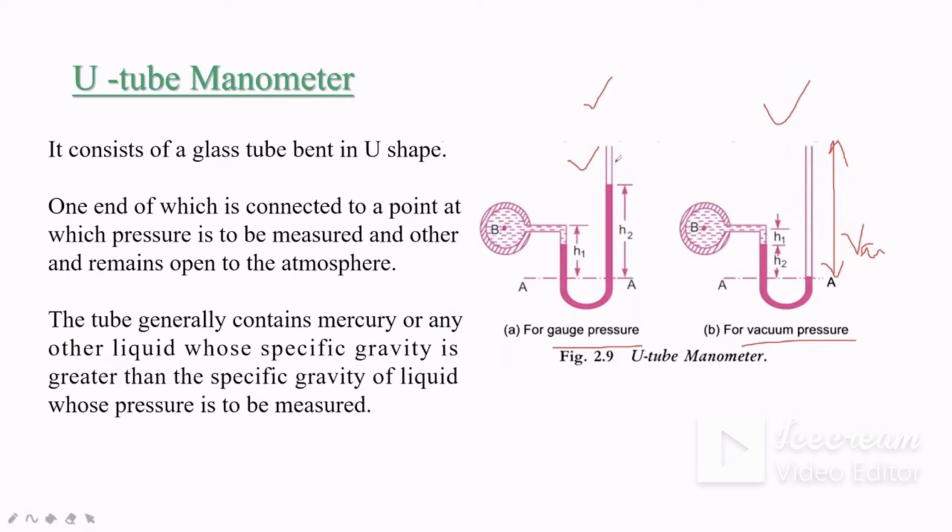Here you see the vacuum pressure is okay, but here fluid is there, so we have the gauge pressure. It will be called gauge pressure and it will be called vacuum pressure. So there are two conditions. Whenever a U-tube manometer question is given, either the question will be for gauge pressure or for vacuum pressure. Both the conditions have two different formulas. Just substitute the formulas regarding the question, you will get the answer. Very easy, just remember the formulas, that's it.